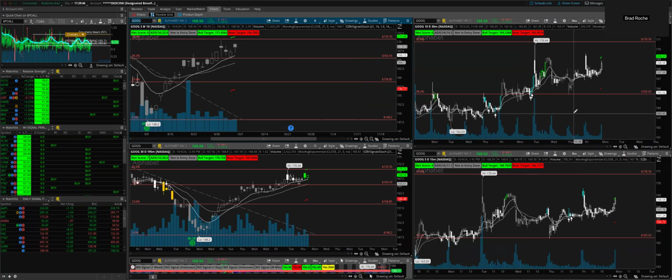So here's the thing. What it's looking like is we're getting this pattern where we had resistance here, and we couldn't break it, couldn't break it, couldn't break it. And then we broke it. And then now we came back, we retested it, we held it as support, and now we're looking for continuation